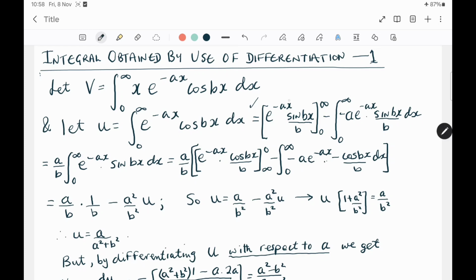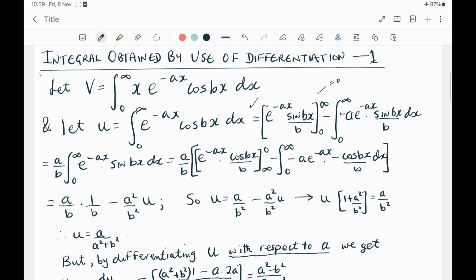Right, the next step then, the first times the integral of the second, which is that bit between the limits 0 and infinity, minus the integral of the first differentiated, which is minus a e to the minus x, times the second integrated, which is sine bx over b. And then moving on, the first of these, that one there, is equal to 0. That's easily checked. And then the second one, the minus minus becomes a plus, and we've taken the constants outside,